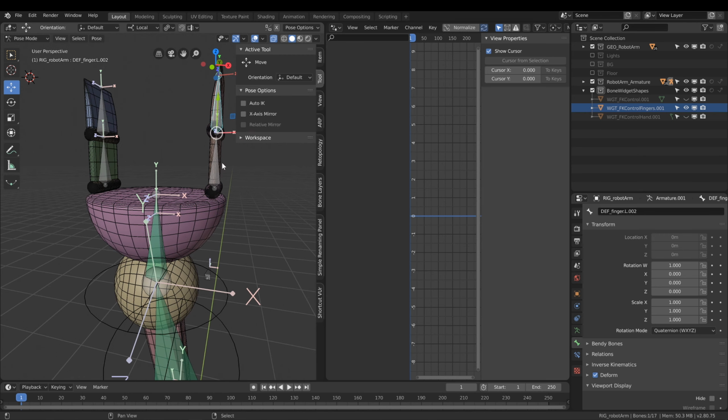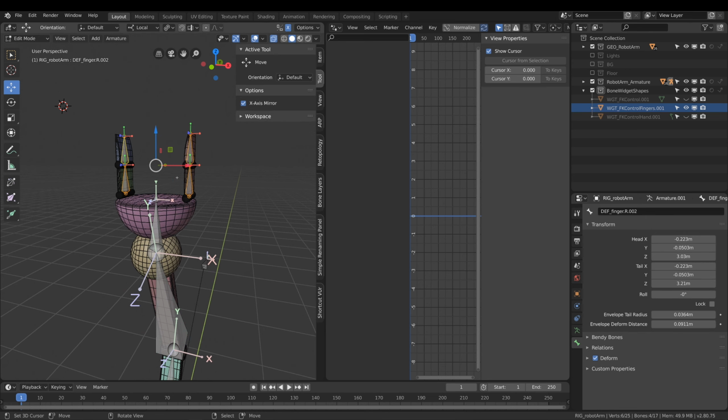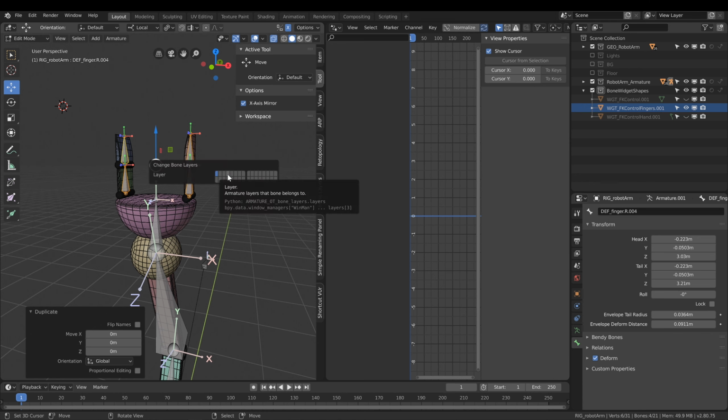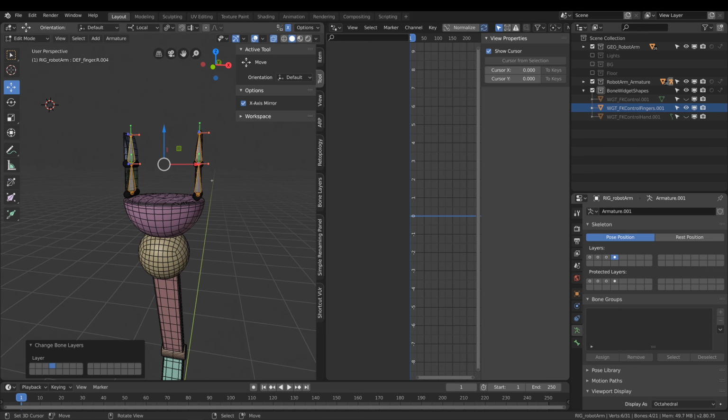So we're going to select our fingers here. I'm going to go into edit mode and I'm going to duplicate those. Because we duplicated them, it still has the same hierarchy, it's still parented to our hand joints. And then I'm going to move those to a fourth layer, isolate that layer, and I'm going to rename these as